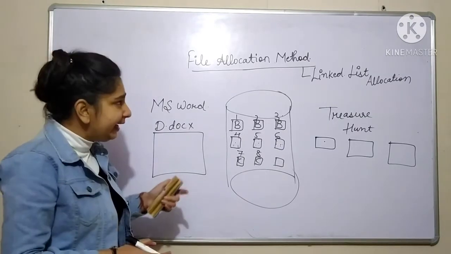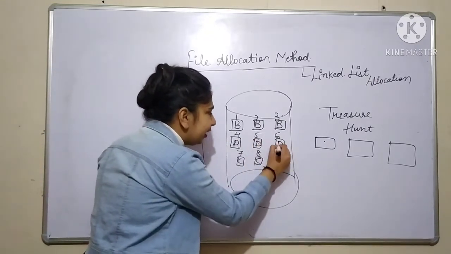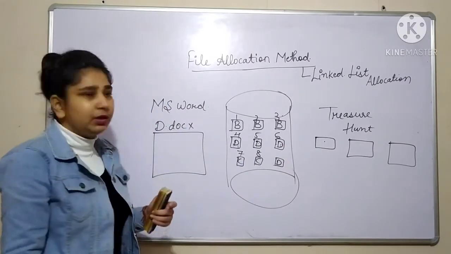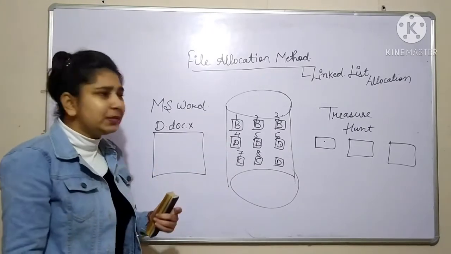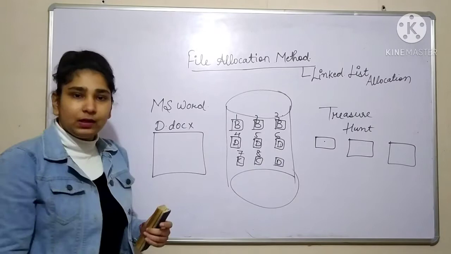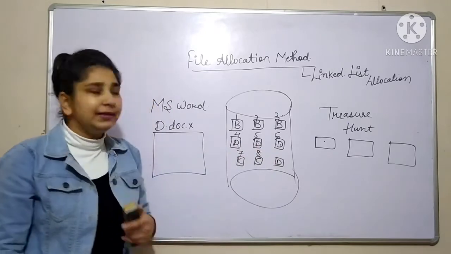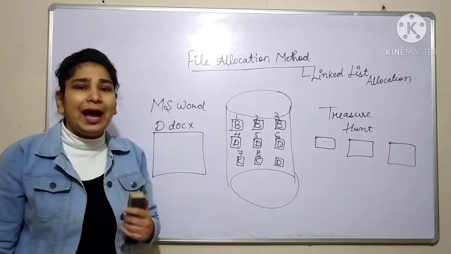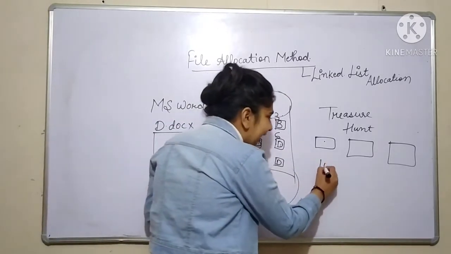What happens in linked list allocation? You are going to store your files at different memory locations. It is not that each and every time your file will be provided space in a contiguous manner. There is also a chance that space might be available at different locations. So in linked list allocation, you are storing your files at different locations. What happens if you have to store your elements in a linked list? Let's suppose I have to store 10